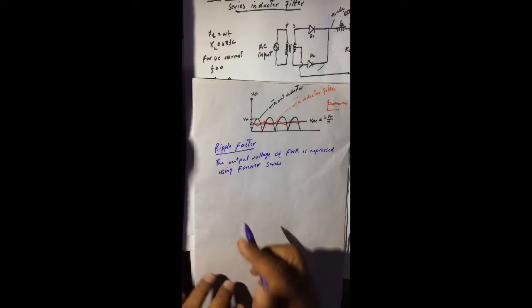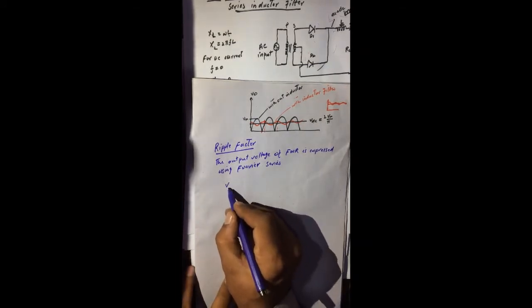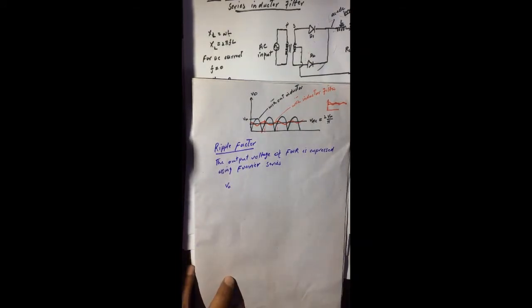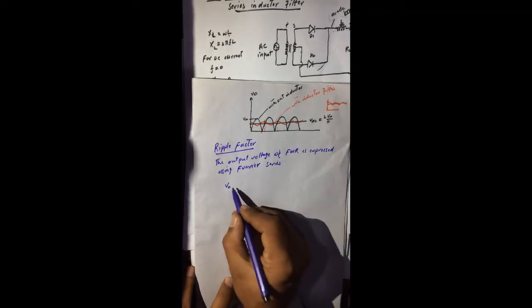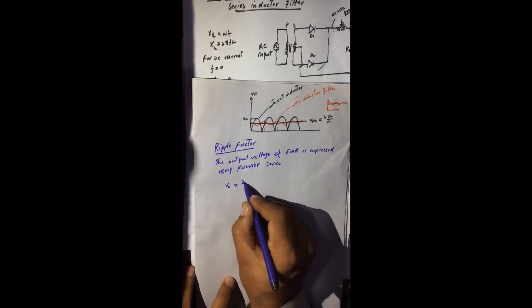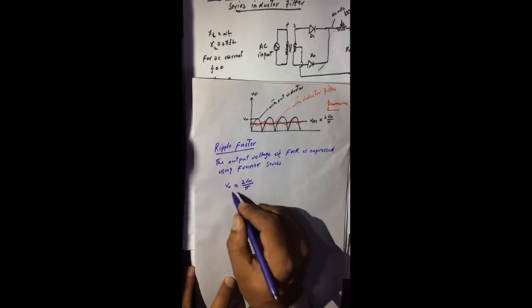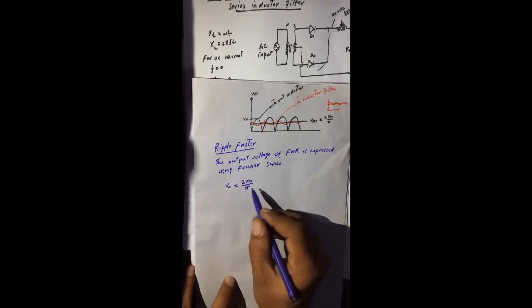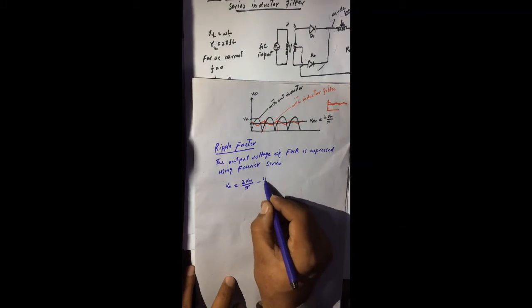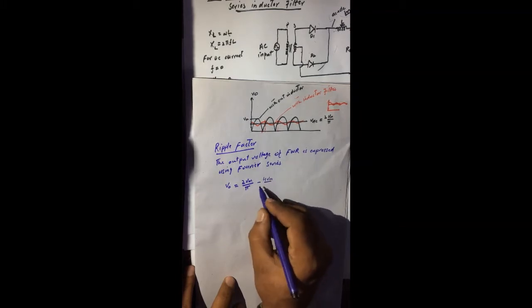We did it for the half wave rectifier, while for the full wave rectifier I think we did not calculate the Fourier series, but its shape is almost the same. So the output voltage of full wave rectifier, which is denoted by V0, is equal to, if we do the Fourier transformation, 2Vm by pi, like what we did for the half wave rectifier. It's equal to 2Vm over pi minus 4Vm over 3 pi